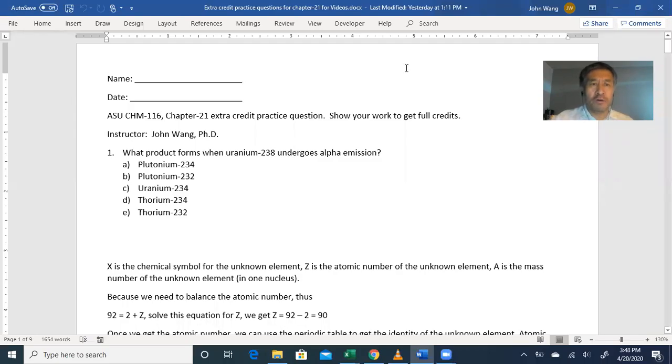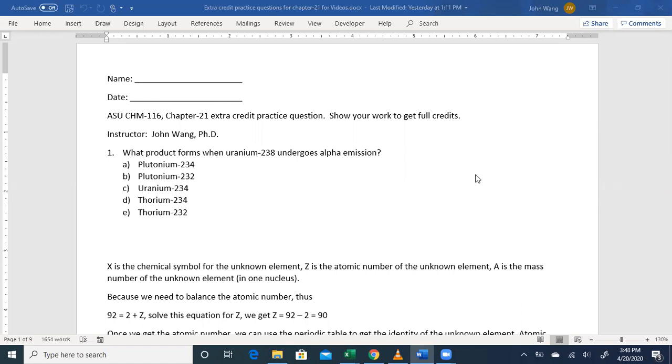Okay, so this is for the practice question on Chapter 21. So we'll start on the first question. The first question asks us to find out the product formed when uranium-238 undergoes alpha emission. So from the given question,